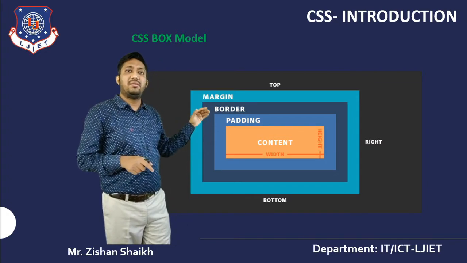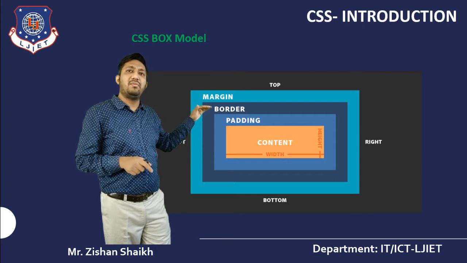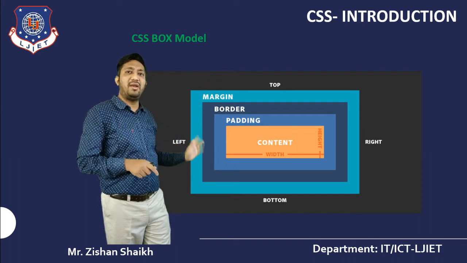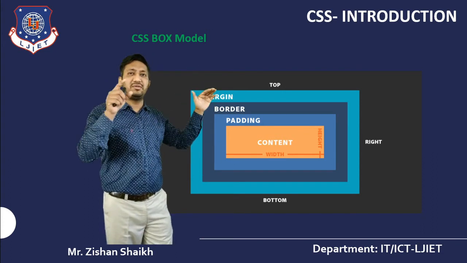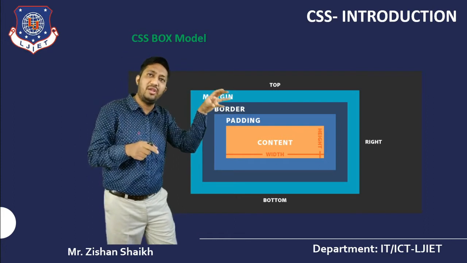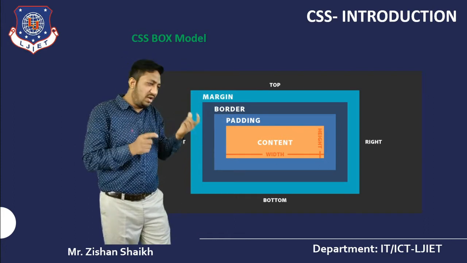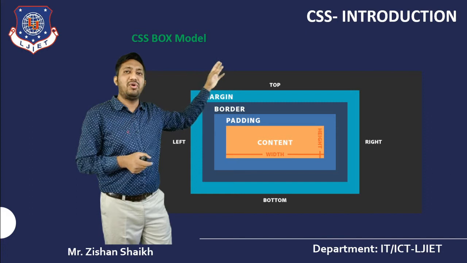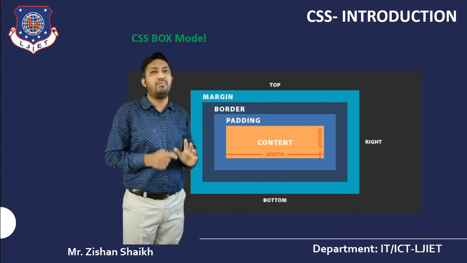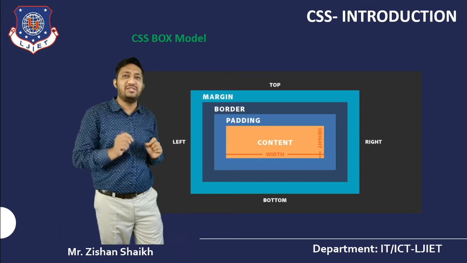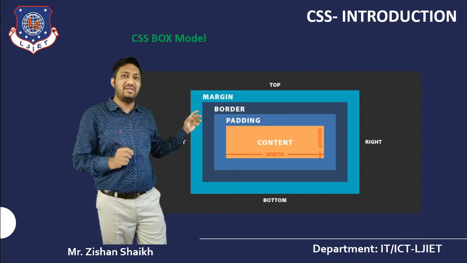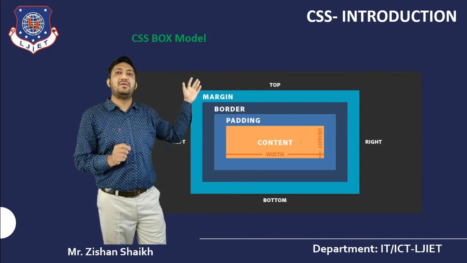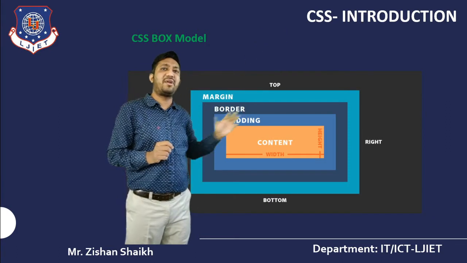And next, the margin will be the particular space between your border and any of top, bottom, left, and right. That will be your context. From that you can put your container on your screen. So the particular space you want, the place where you want to put it, your context will be your top, left, right, and bottom. For that you have to maintain a margin. So that will be known as margin. Margin is nothing but the space between your border and your context of top, left, right, and bottom.